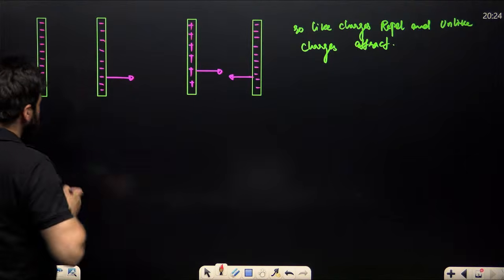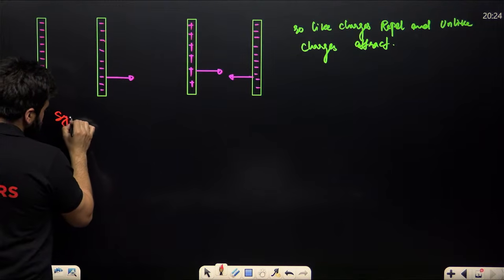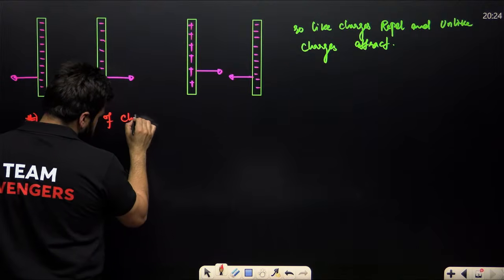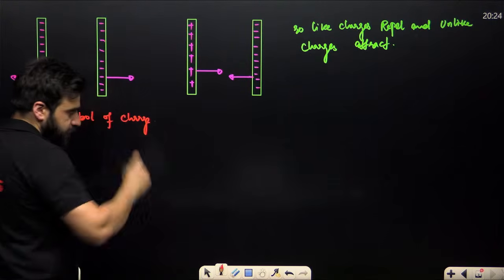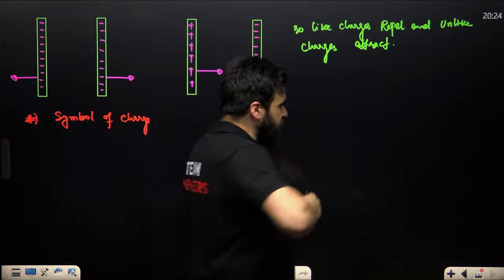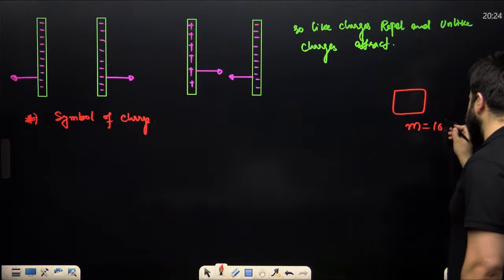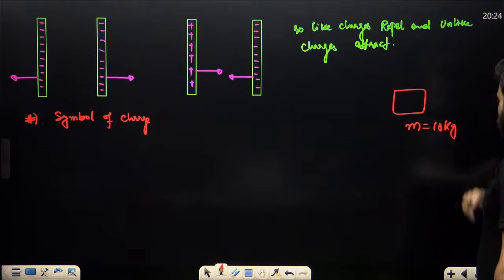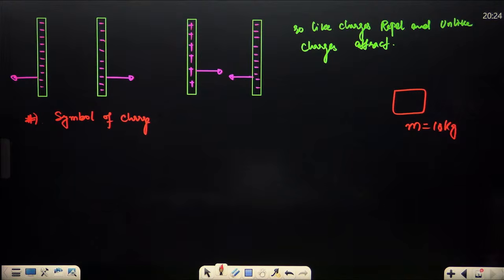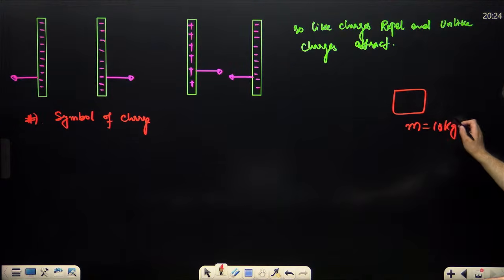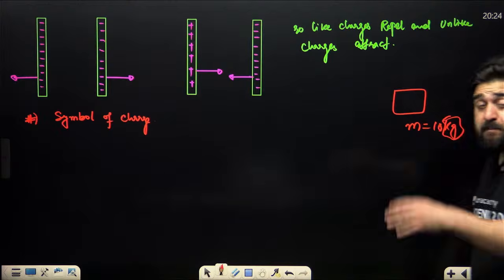If I say symbol of charge. Like, my dear NEET aspirants, if I say this is a block over here, its mass M is equal to 10 kg. What is this M? M means symbol. We represent mass with M. And what is this kg? Kg is the SI unit. We measure mass in